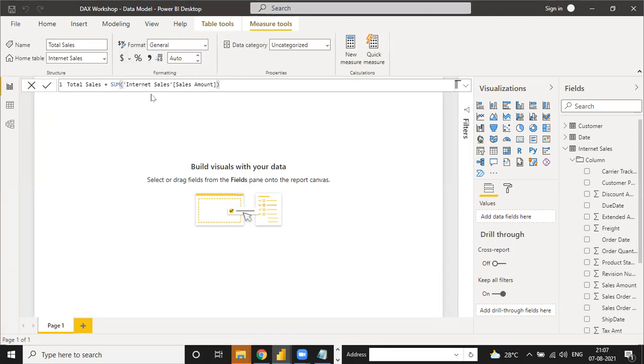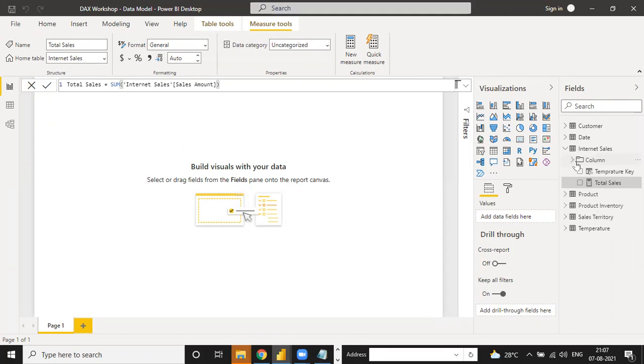The Internet sum is created, and under the total sales, when you see there is a total sales. That is the reason to switch all the columns into just one column header, and all the measures you created are directly here as total sales. When you have created all the measures, you can put in one more column, a measure name. Sales measure. So you can put in the Internet Sales measure, so you have two headers, one is column and one is measure. That is the easy, understandable method, because you don't need to make any changes again and again. That is the main reason. So now the sales is done.